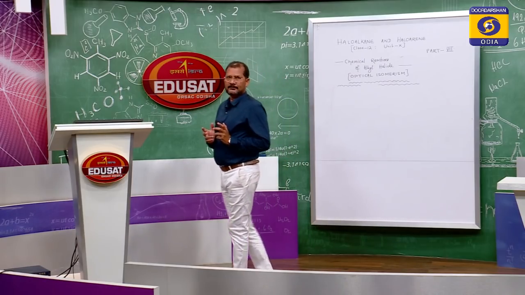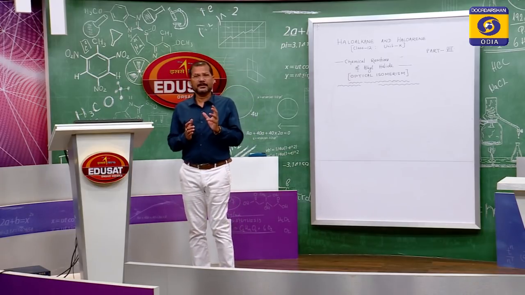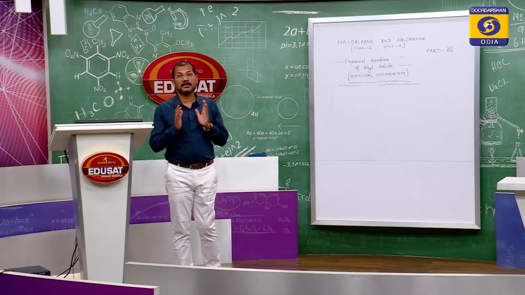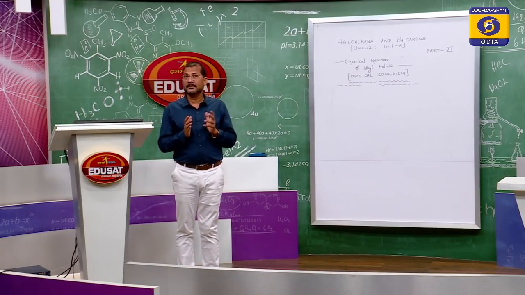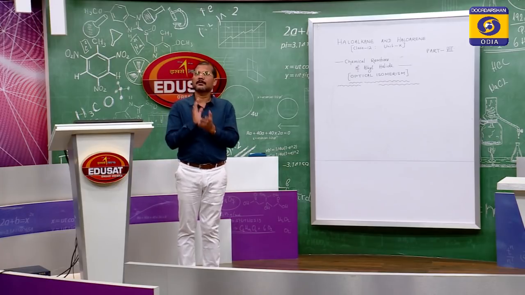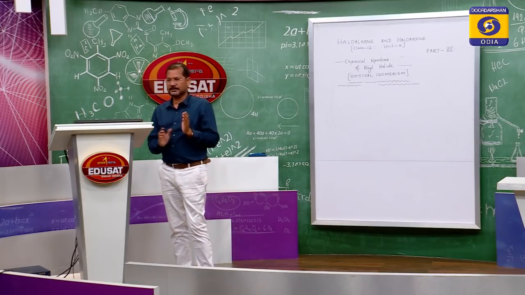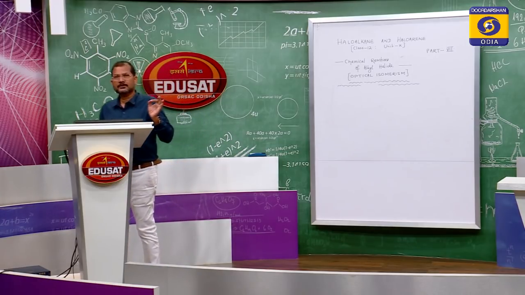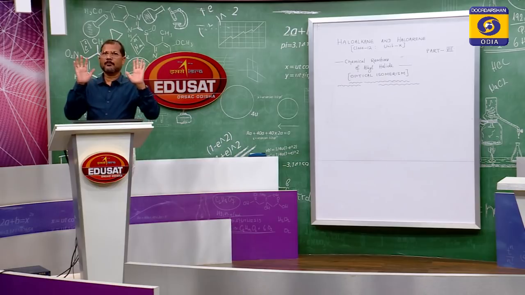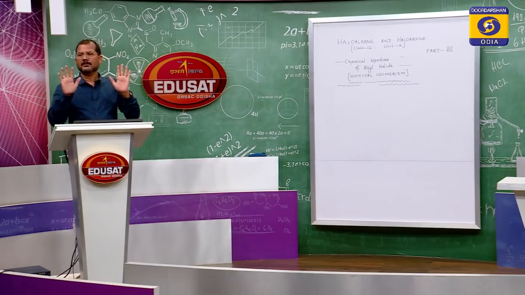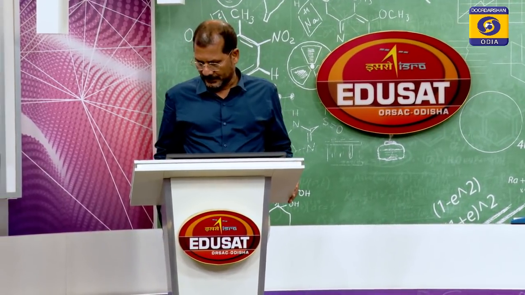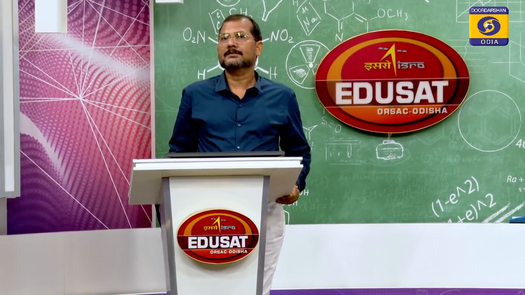Optical isomerism is created if there is a chiral center in the molecule. What is a chiral center? Once again let us remember, if a carbon atom is attached to 4 different groups, then that carbon atom is called a chiral center. So, let us go to read. We have understood the realization through our palms, where the 2 palms are the representations of 2 optical isomers. Now let us see this molecule.